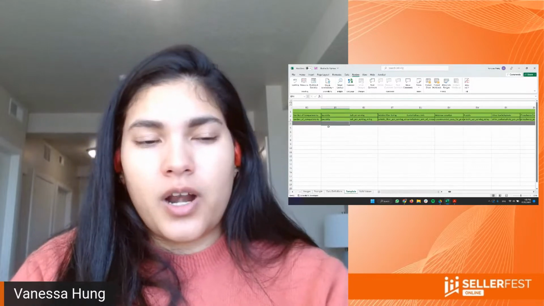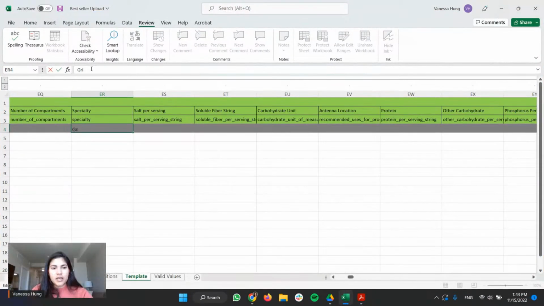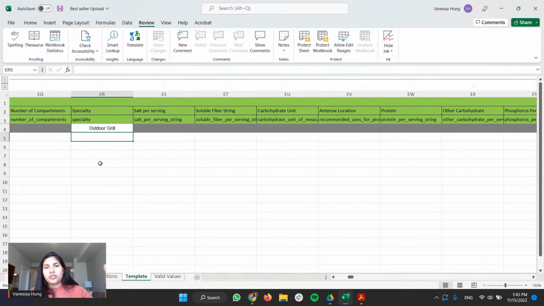So let's say that I want to have here in specialty something like outdoor grill, right? And I just unlock this field. You see that it turned from being gray, which is the system telling me that's not relevant, to now I have information there, and I now have outdoor grill.